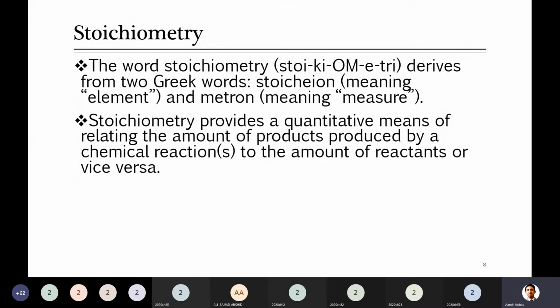So stoichiometry gives you quantitative measurement, meaning you can do some calculation based on the numbers. For example, if there are two reactants, you have NaOH plus HCl. One is a base and the other is an acid. They react and produce water plus NaCl, salt. So we